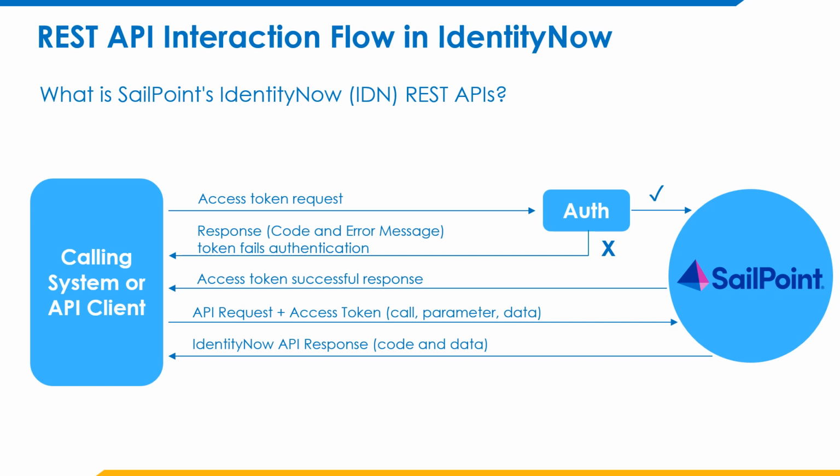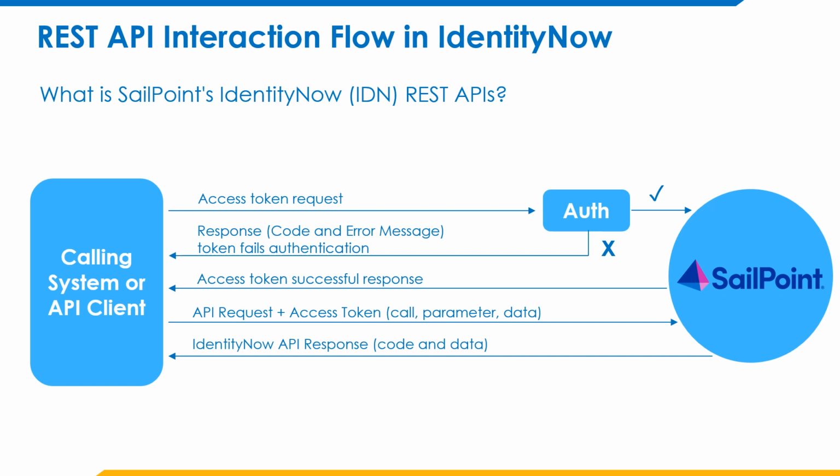With SailPoint IdentityNow APIs, you can do extra operations like create, update, delete, etc. To be able to do so, we first have to authenticate to the IdentityNow APIs. If the authentication is wrong, the response is that the token fails authentication. If it is right, the APIs respond with the JWT access token that you can provide to authorize your API request and do some work like fetching, updating, or deleting data at particular resources or